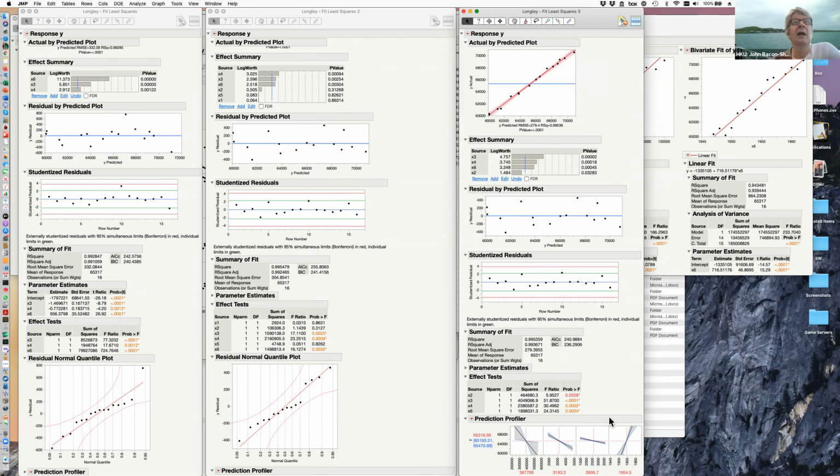AIC and BIC still prefer this model with x2 in as well, right? So the only real question, if you like, is whether we need x2 as well. Okay,